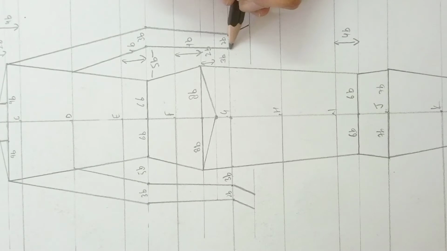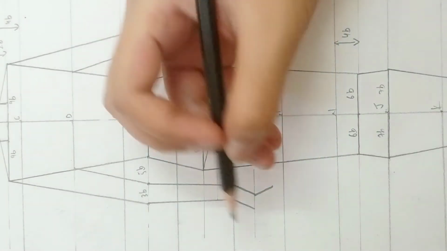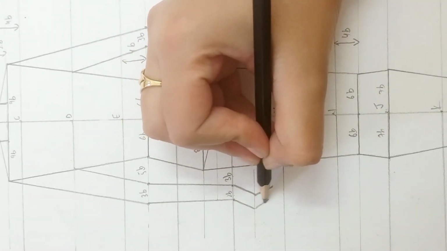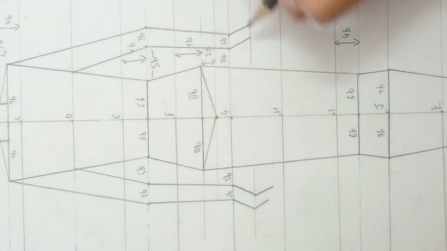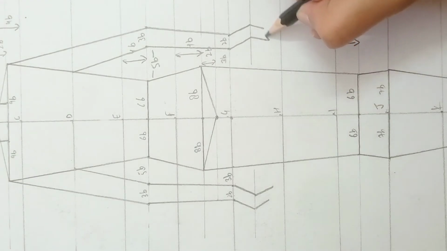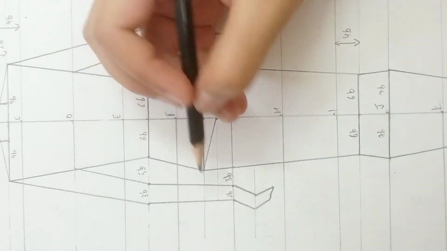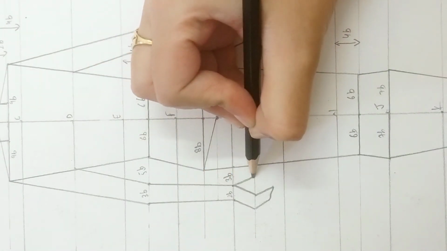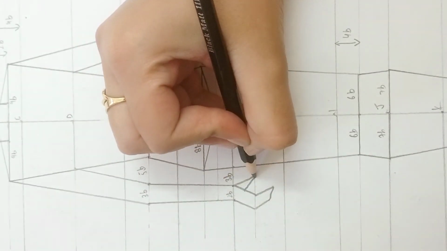Similarly make 2 parallel lines like this. Same way make 2 parallel lines, but here the other line will be shorter than this one. Fine. So this will be longer and this will be shorter. Then join and join. Now coming on to the thumb, make a point, make a line and just join.